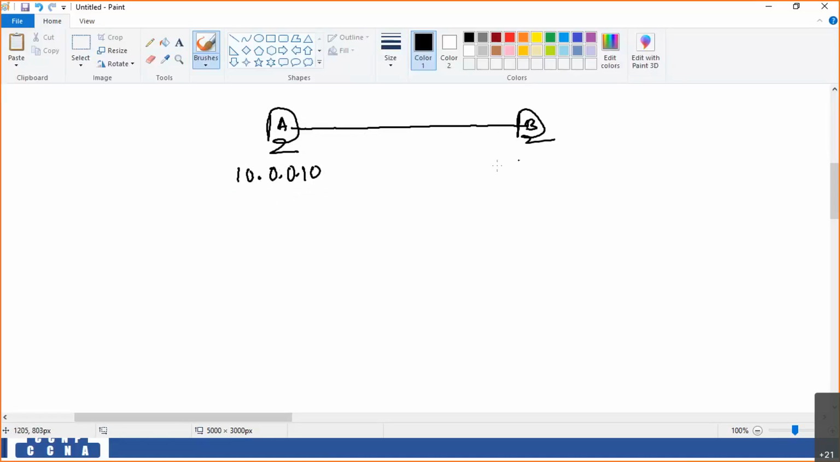For computer B, I have assigned 10.128.2.19. So computer A IP address is 10.0.0.10, but computer B IP is 10.128.2.19. Now computer A and computer B, both PCs, will they communicate? Yes or no? No. Okay, next example, next case,